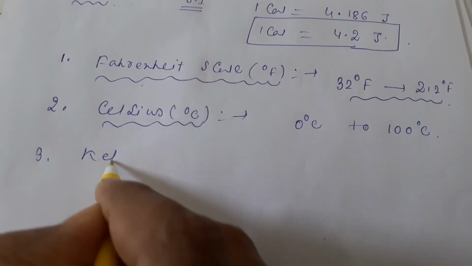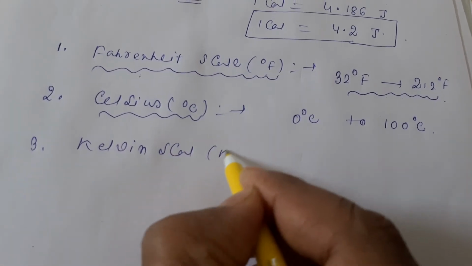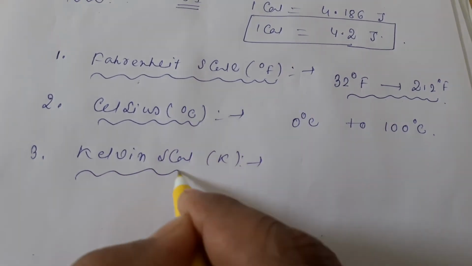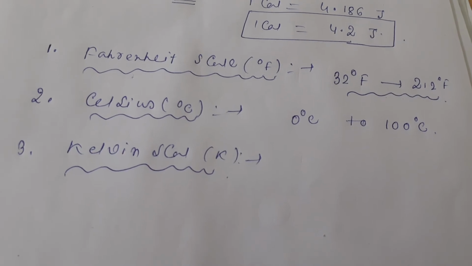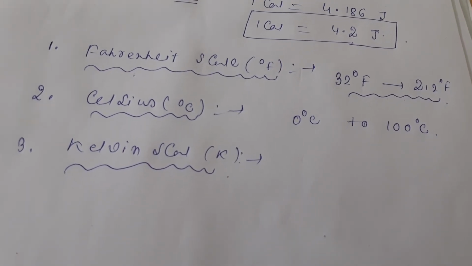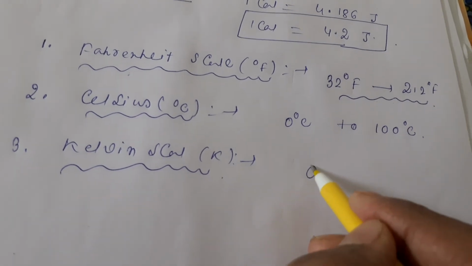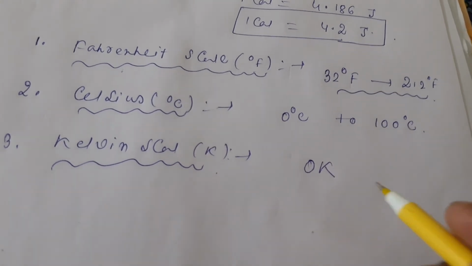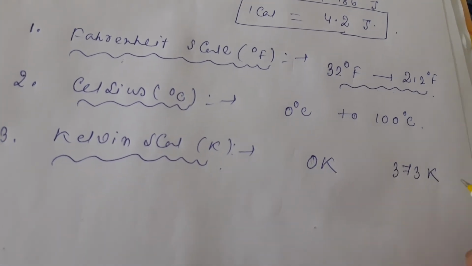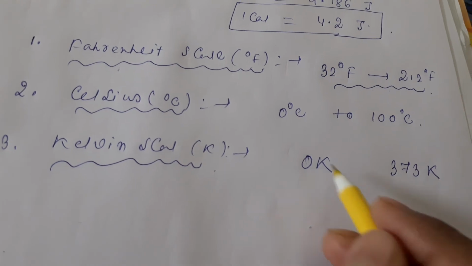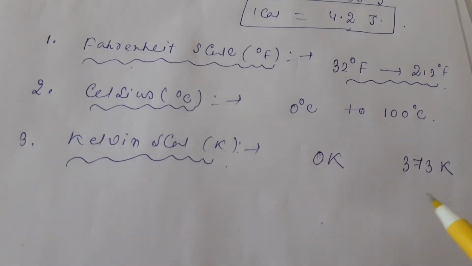Next one is the Kelvin scale. Okay, Kelvin scale is denoted by capital K, you can see that one, that is 0 degree Kelvin. So here 300 in this particular case, so it will start from Kelvin. Absolute zero is also there, that is known as 0K. Okay, and 373 Kelvin is also there. So if you just add 100 with any Celsius value, then you will get that one.